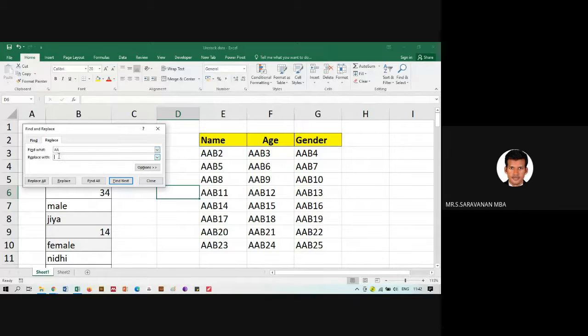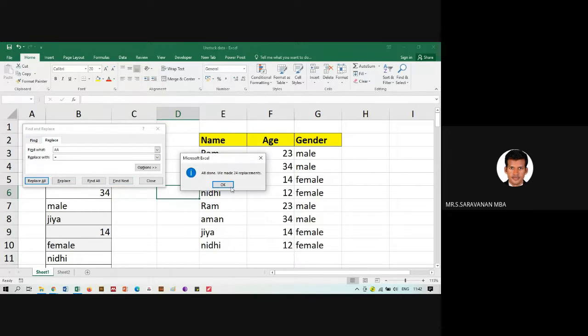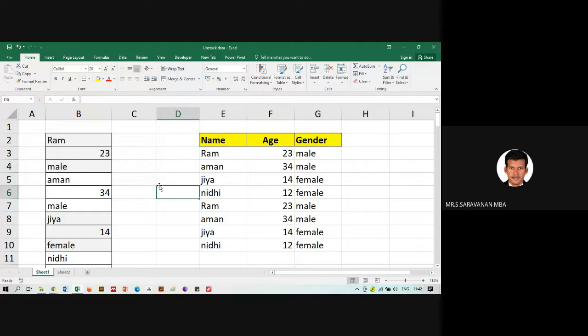AA with the symbol equal to. Then Replace All. See, within a second, your entire stacked data has been converted into a clean table format. This is a simple, easy option.